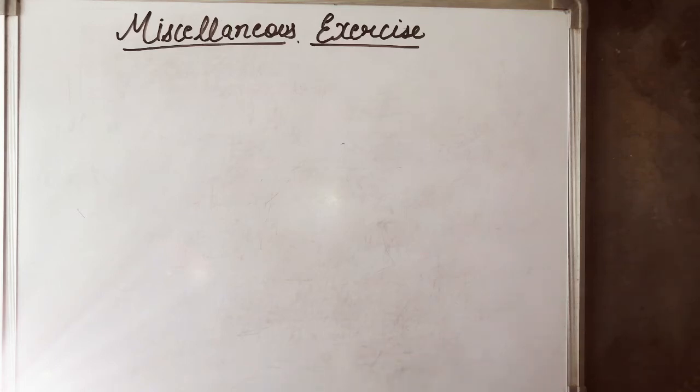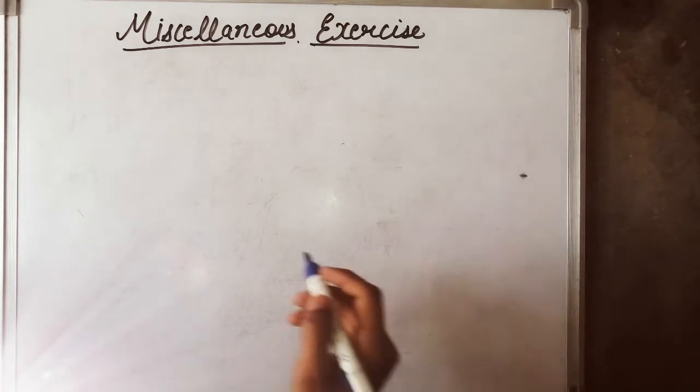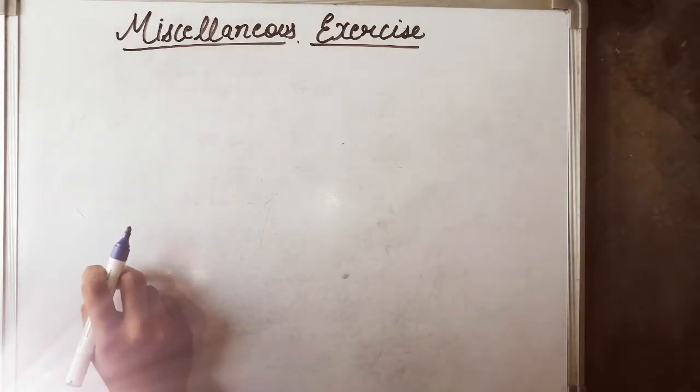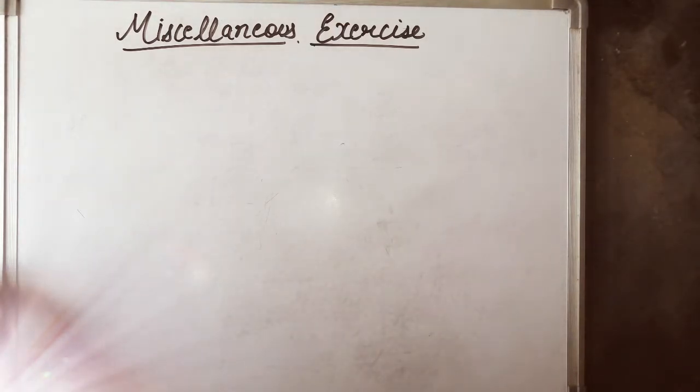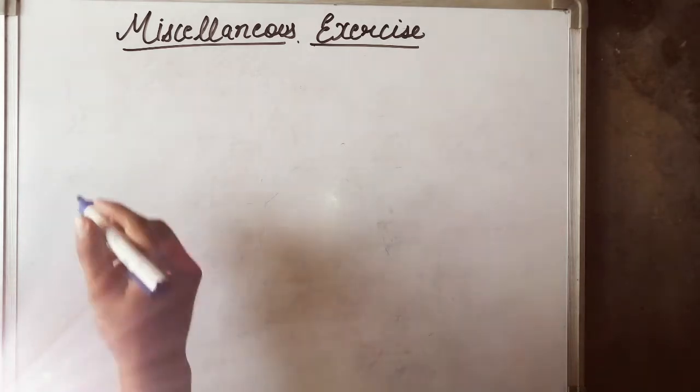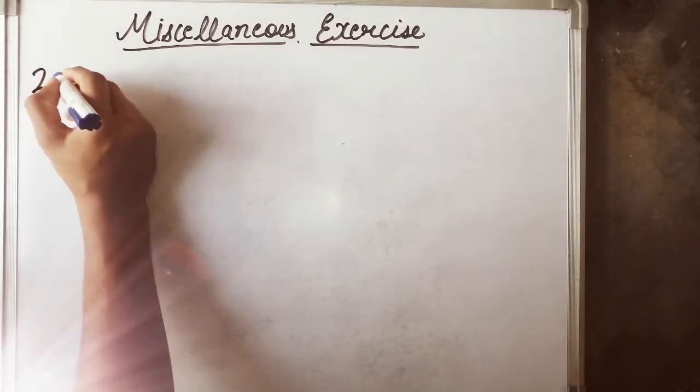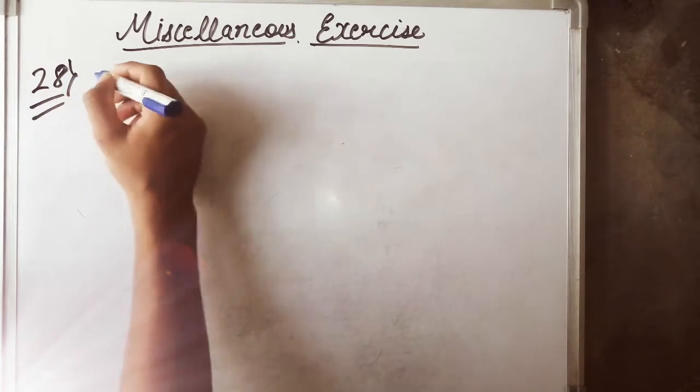This is Harsh and today we will do miscellaneous exercise examples. So let's start by taking our 28th example, which states that show that the set of letters needed to spell cataract and the set of letters needed to spell tract are equal. Let me write down the question. 28th question is show that